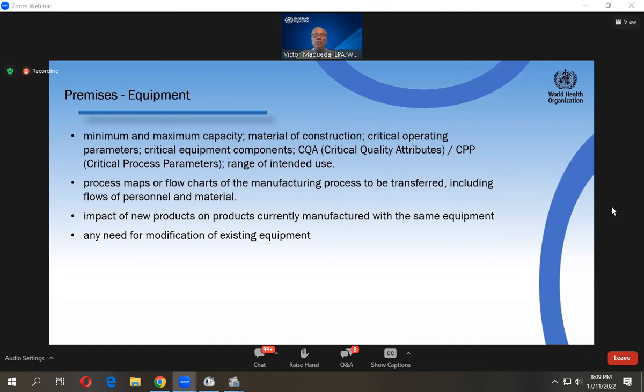This is important. This means, and it's also related to cleaning validation. If the receiving unit is going to start producing a new product and launch a new process, the organization needs to assess the impact of that in order not to affect the other products or vice versa, the other products not affecting the product that is being transferred. So this is very important, and of course it's part of the overall change control. And of course, any need for modification of